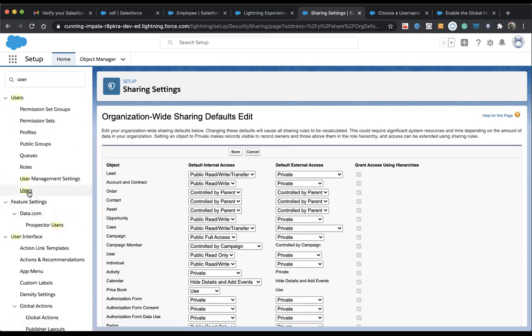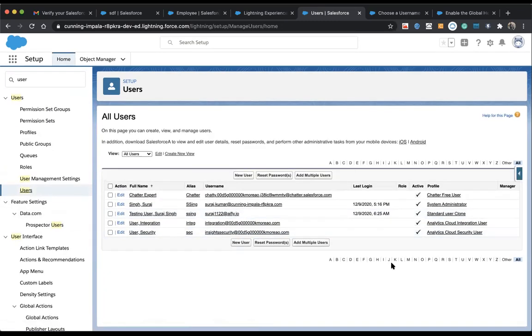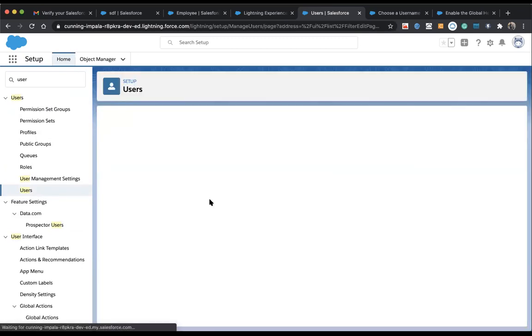Let me go to the users, and here as you can see we have this user, which is created by default. And this user I created for testing, right? Let me change this view and add this license so that